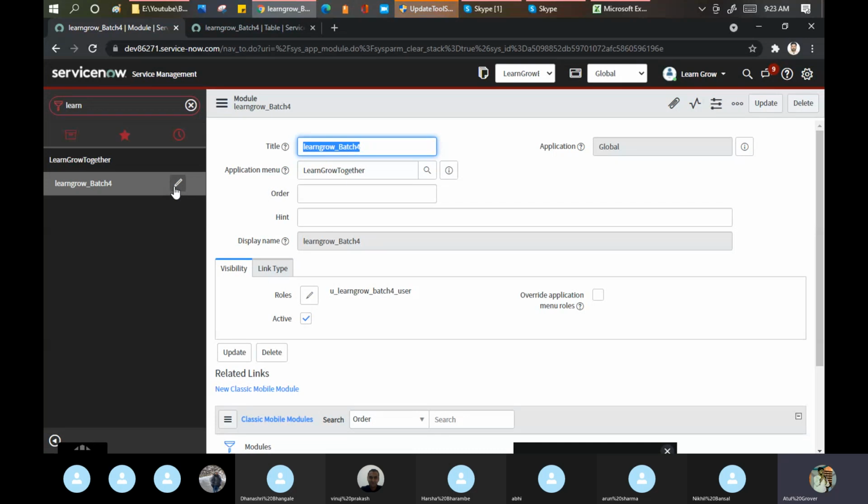Do the troubleshooting. I'm very selfish here. No spoon feeding. I told you how to create a table. Now you are mature enough. 10 days you are spending in the service now. You should know where to go and search for the module, where to search for the table. Go and create your 5 modules per table.